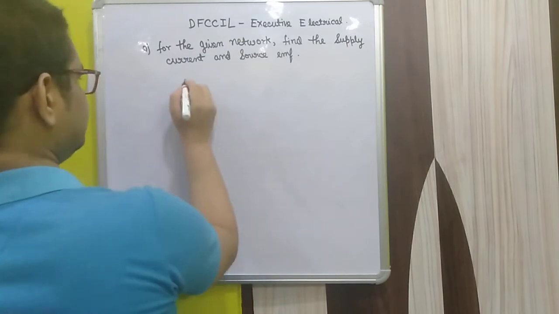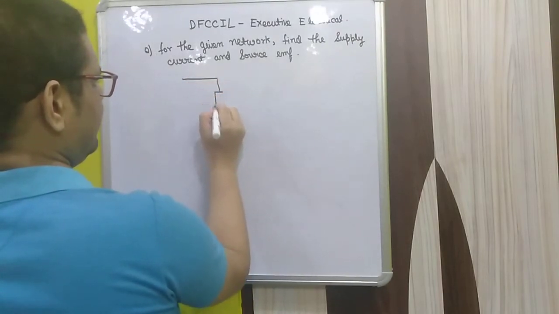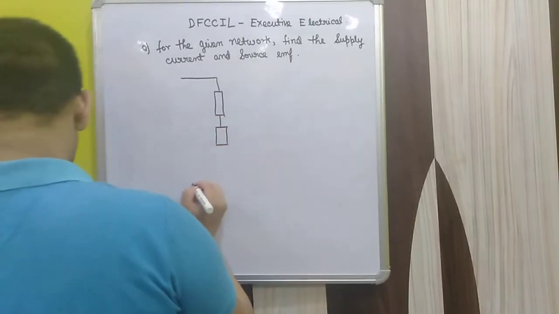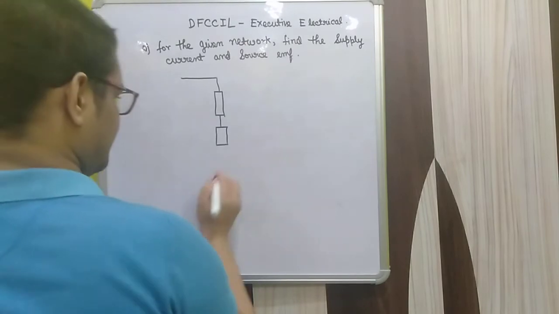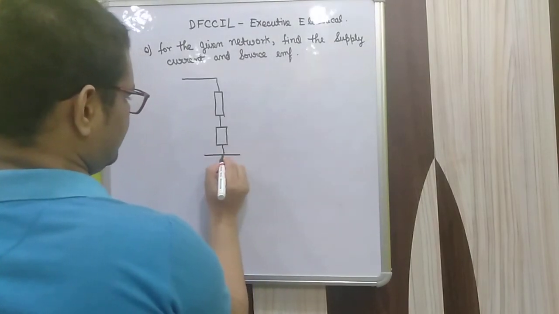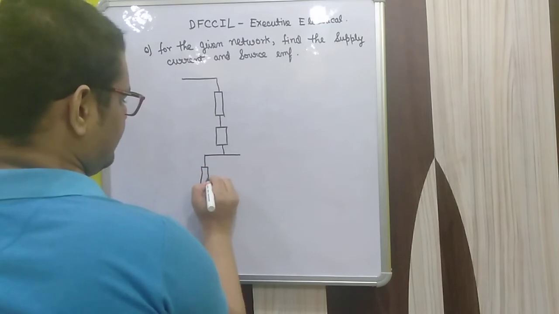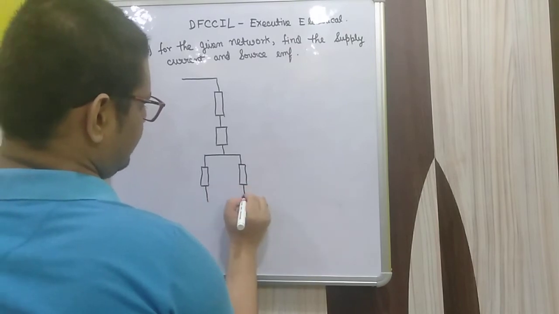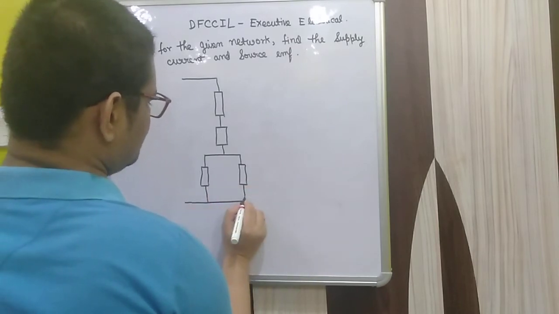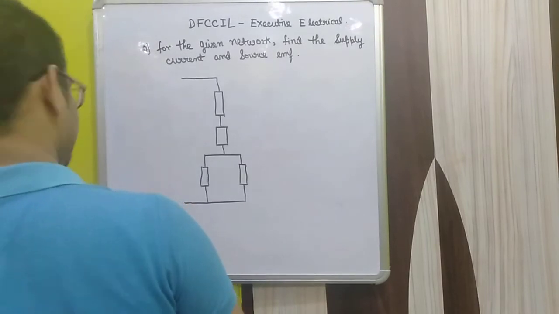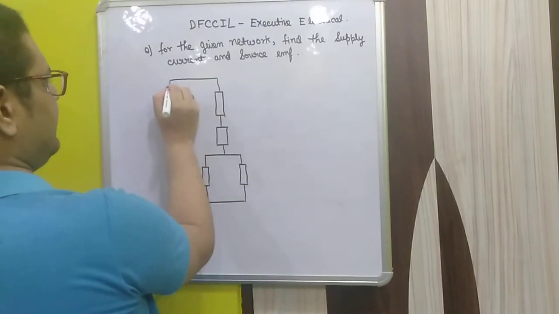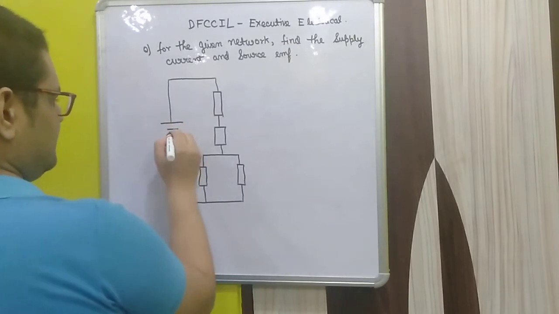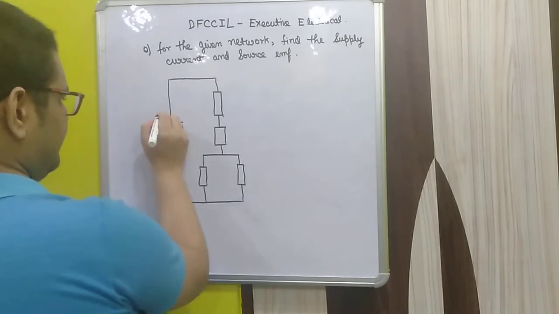That is, this is the circuit. So there is a resistance, here is another resistance, and here there are two resistances in parallel to each other. There is one resistance over here, there is another resistance over here, and then we join, and here is the EMF, that is the source EMF, that is connected over here. This source has a positive and negative.